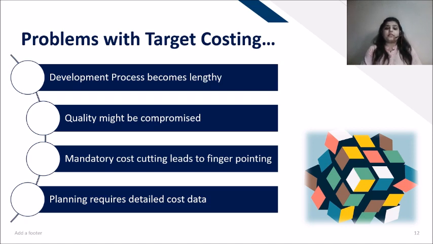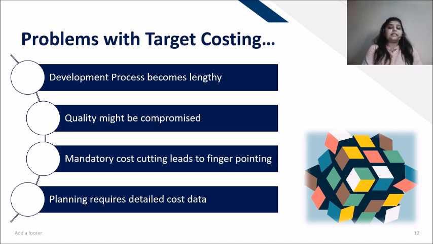Next is mandatory cost cutting leads to finger pointing. Now what happens? You are continuously thriving for cost reduction, right? Because of which whatever the middle management or low management is doing, you are always pinpointing them. This much, why this much cost? Why so much cost here? Cost reduction, cost reduction, cost reduction. They don't have the freedom to work, and they might feel suffocated there. So that is why cost reduction finger points on them, right? It doesn't let them work with the freedom. So that is why we should know where to tell these people for cost reduction and when to let them work.